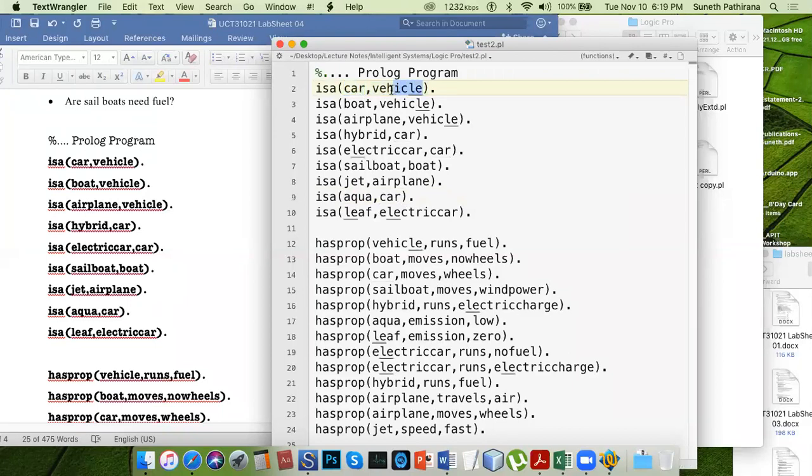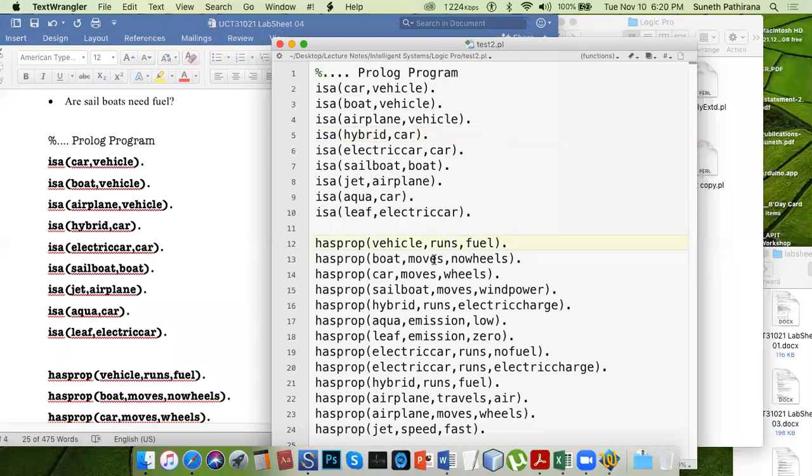Here is the type and here is the subtype. I'm using the same two arguments to further describe this vehicle type, or the subcategory or subtype of the vehicle.